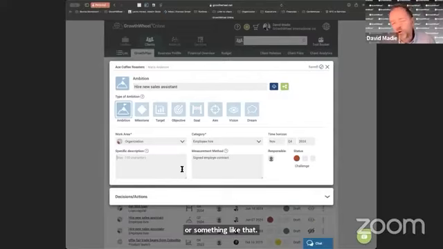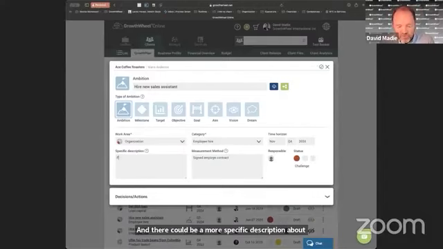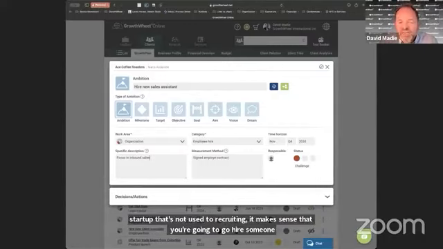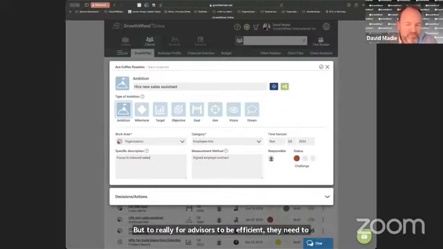And there could be a more specific description about what the sales assistant should be doing. For example, focus on inbound sales or something like that. Now, if an advisor simply gives a client this task, they may find that nothing happens. It doesn't really get executed, unless, of course, it's a mature client who's used to recruiting. But if it's a small startup that's not used to recruiting, it makes sense that you're going to go hire someone. But to really, for advisors to be efficient, they need to break down these goals into very practical action